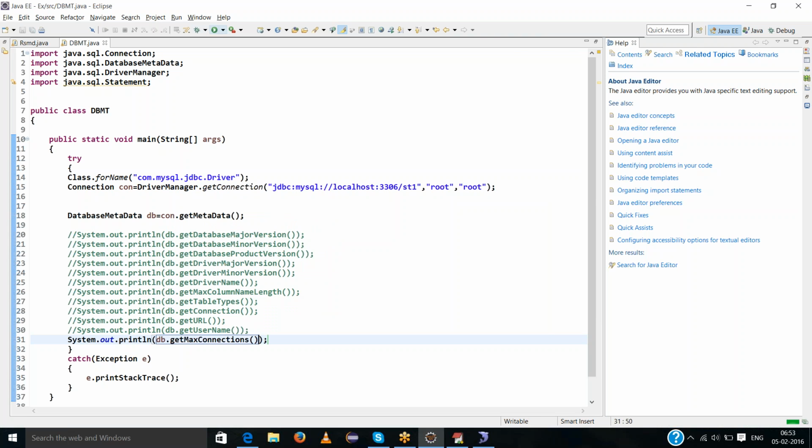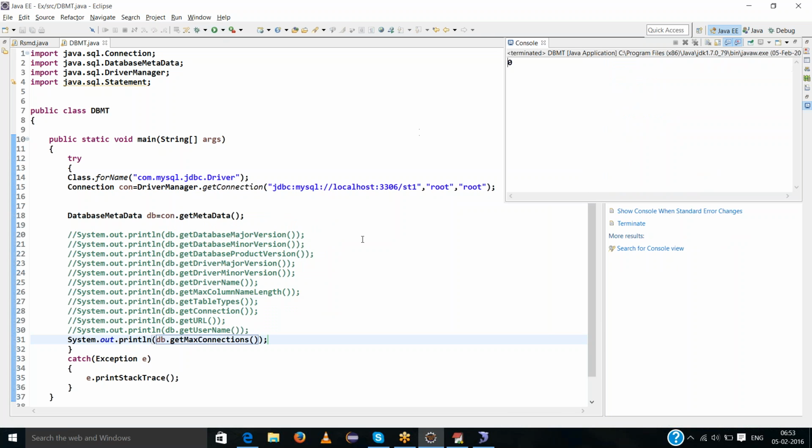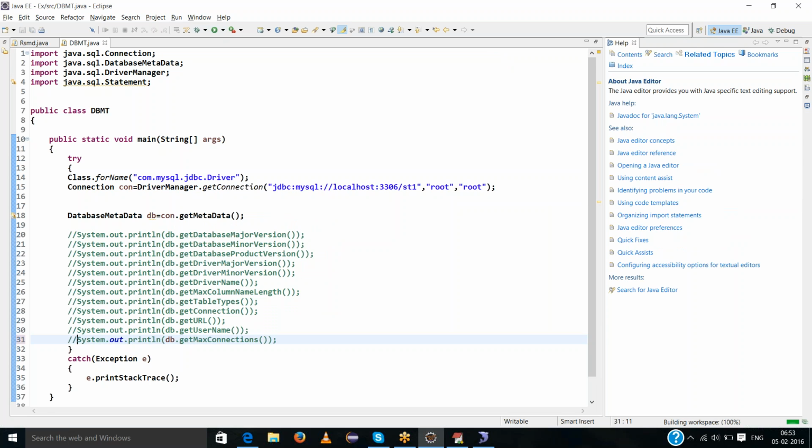Get maximum connections to a particular database. 0 connections. Maximum only, minimum means only one connection is there at a time.